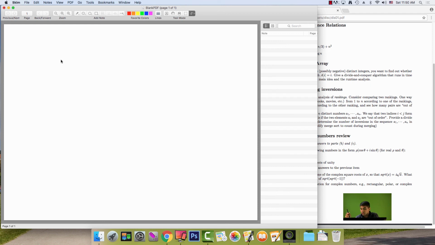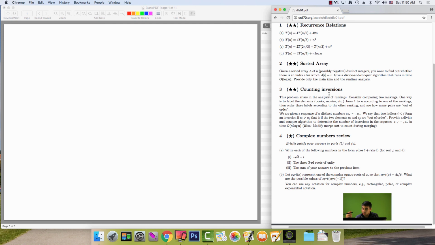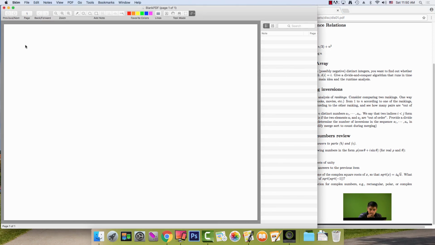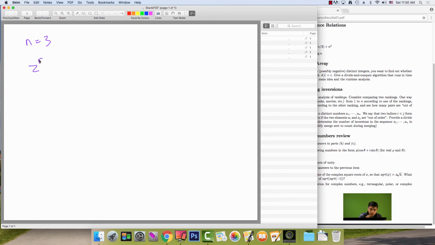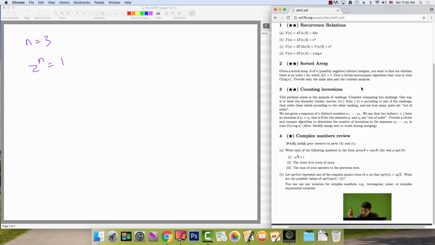Okay, so moving on to part 2, we're asked to find the third roots of unity. And it's good to recall that the roots of unity for degree n, where n in this case is 3, are numbers of the form where z to the n is equal to 1. So as a general rule, the third roots of unity are going to be,